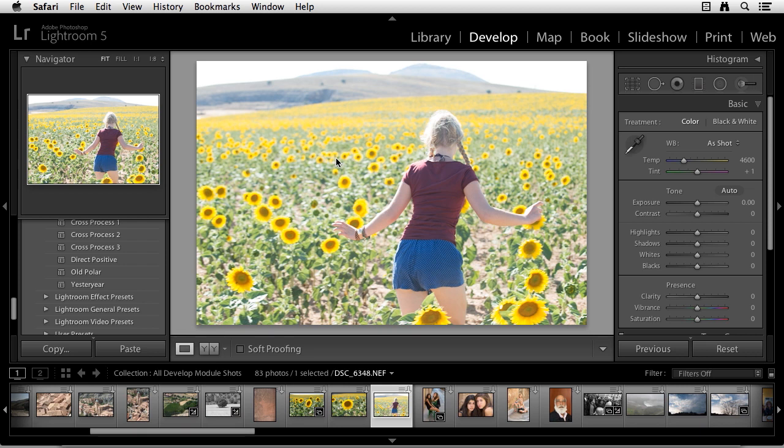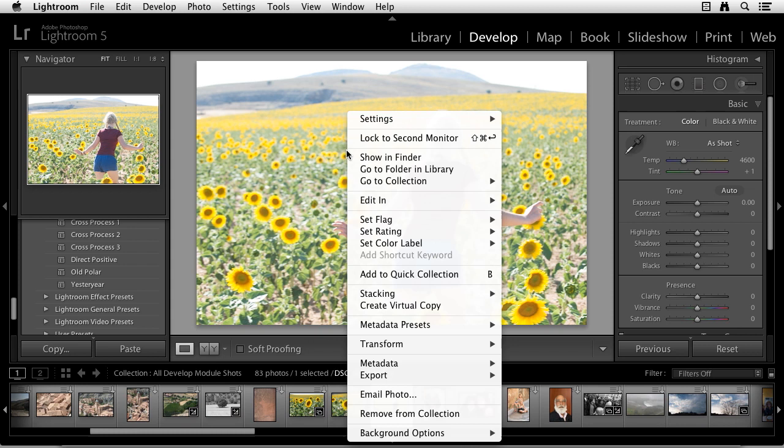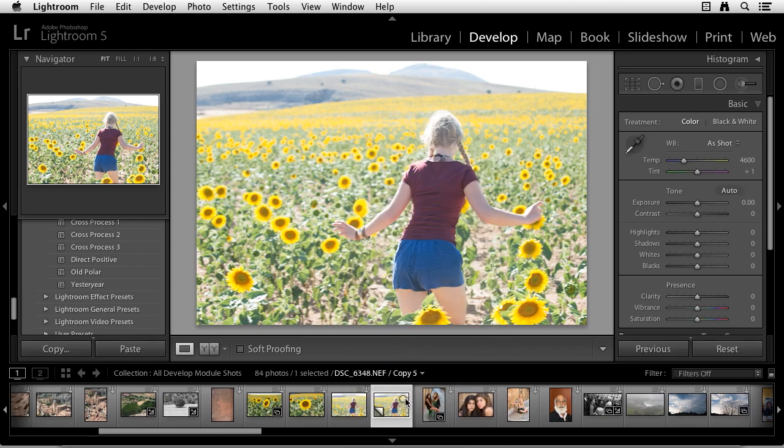I'm in the Develop module. I'm going to right-click up here in the Preview area and select Create Virtual Copy. Now, if you look down here in the film strip, you can see the copy has been made. It says copy 5. That means I've done virtual copies before. Normally it'll start off by saying copy 1. And it has this upturned edge signifying that it is a virtual copy of this picture, which is the master